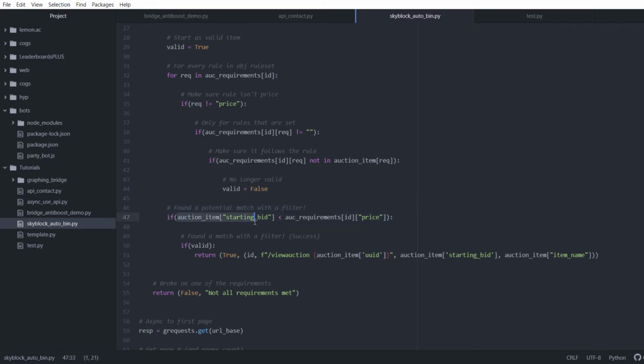So one last filter, separate: I want to make sure that the price, so the starting bid for the bin, which is actually just the price of the item if it is a bin auction object, is below the price threshold that we set for that specific filter. And I do require a price for this. You could add support for not putting a price and just getting every item, but I didn't care too much about that. And now that we know we found something that works for sure,